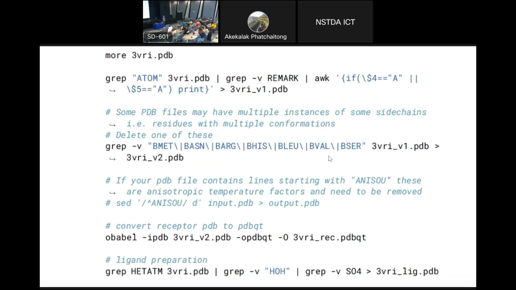Now, in some cases, you would also be interested in adjusting the pH. So alongside that OpenBabel command, if you basically add